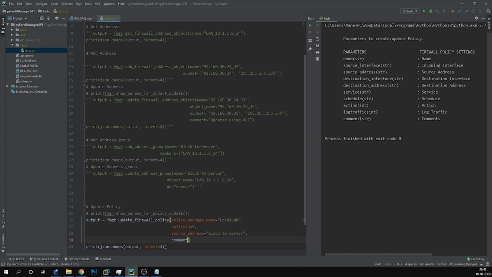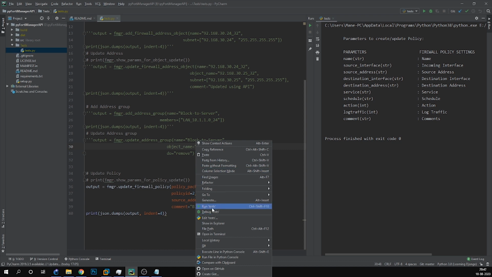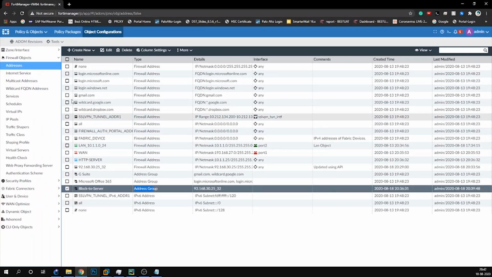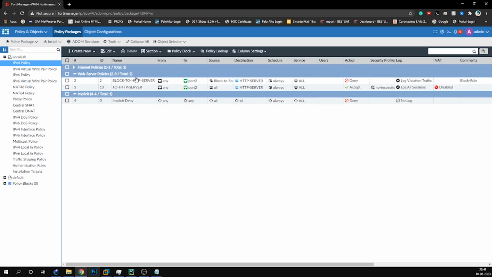Let's add the comment, and we'll update the policy. Okay, so the return code was 0. That means it was updated. Let's see our policy. Okay, so now we can see the address group is added in the source field.